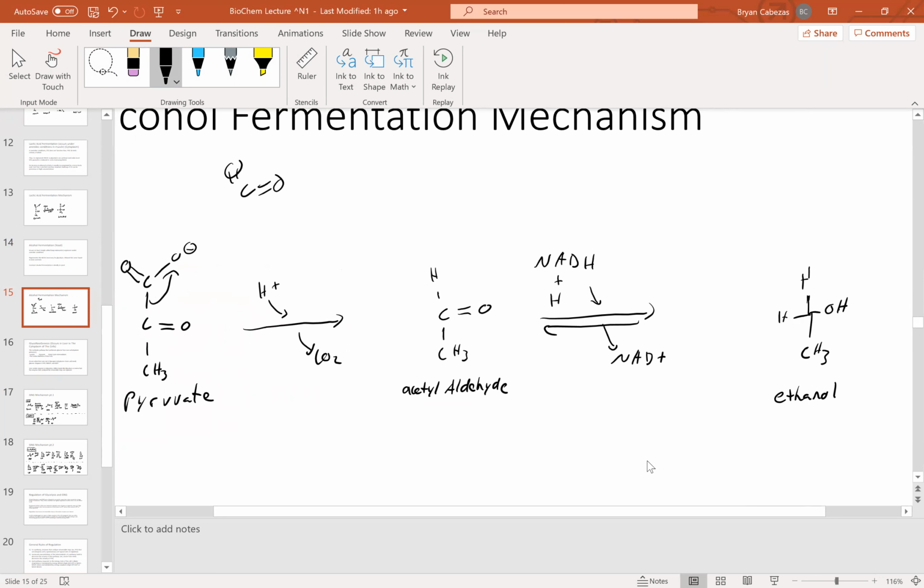Remember, ethanol, if you guys were remembering organic chemistry, ethanol is just, remember, eth has 2 carbons, and then -ol means an alcohol group. So that's basically what we have here, and that's just another way to represent it. So let's continue forward.